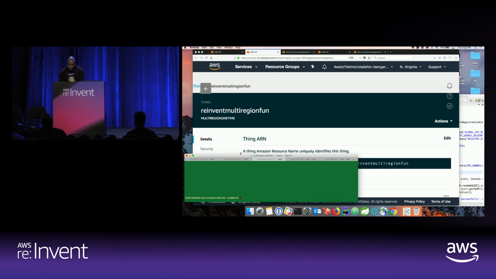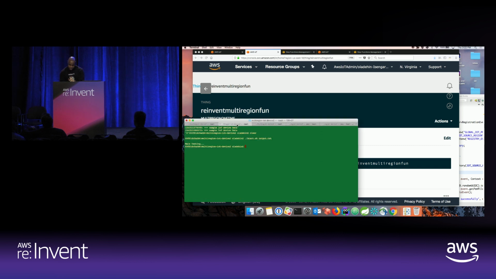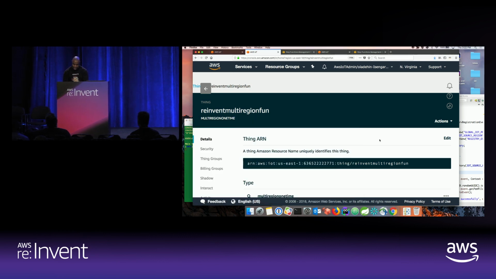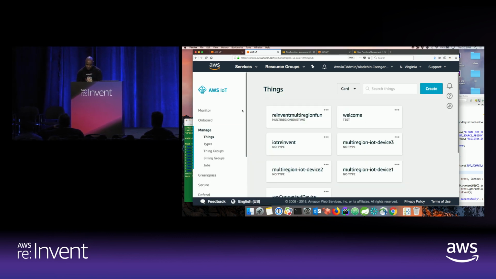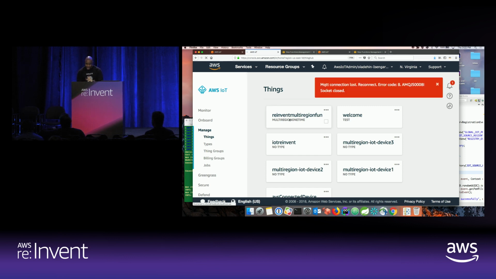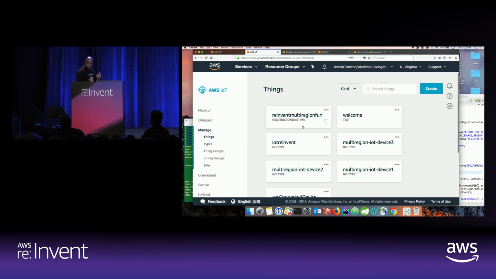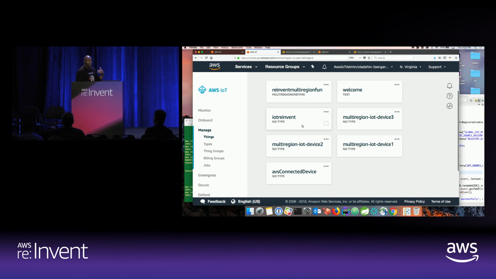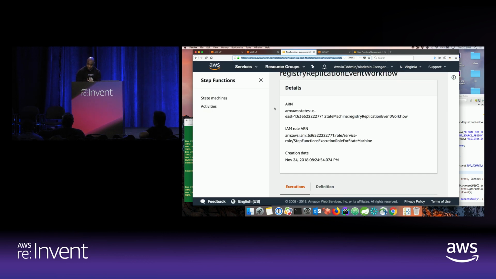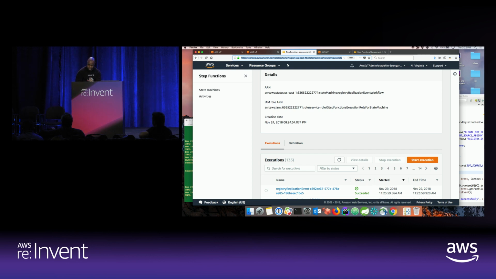What I'll quickly do to add on to this, and just to show you that you can do this for just-in-time registration as well, is I have several devices that have been signed by a CA. And I'm just going to run both of them right now. And so if I'm back in North Virginia, what's happening is that these devices are going to start coming online, and they're going to go through some step function workflows. So to show you what step functions does in both of these cases,